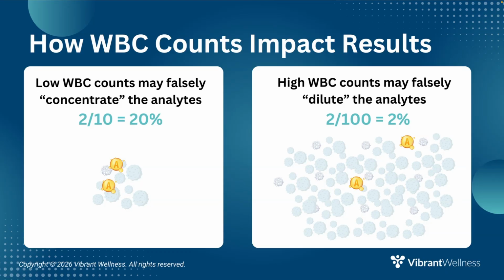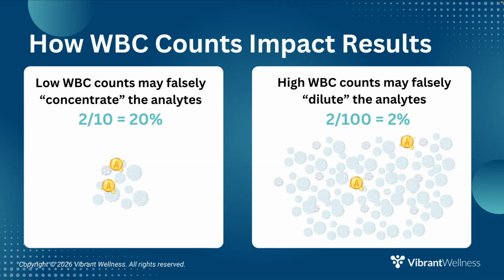Low white blood cell counts may falsely concentrate the analytes, resulting in false highs. For example, 2 divided by 10 is 20%. Meanwhile, high white blood cell counts may falsely dilute the analytes, resulting in false lows. For example, 2 divided by 100 is only 2%. When your patient's white blood cell counts are out of range, you can simply shift the values left or right